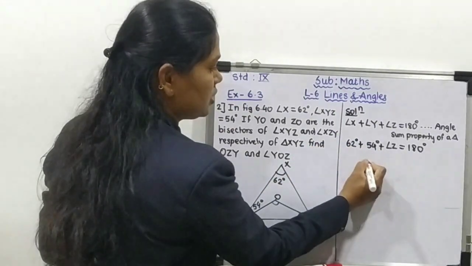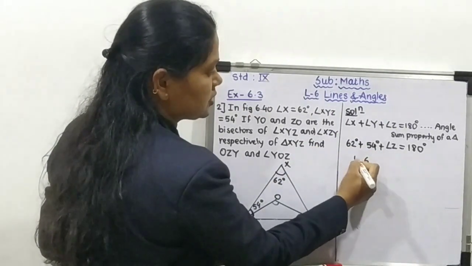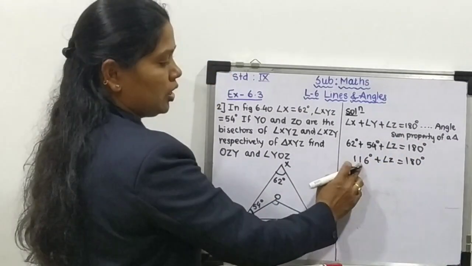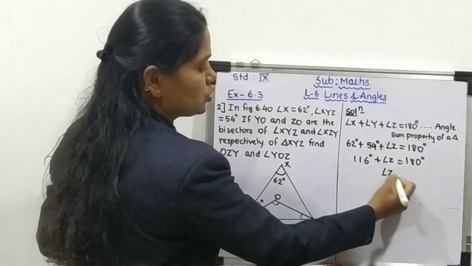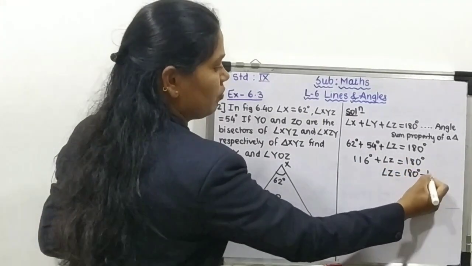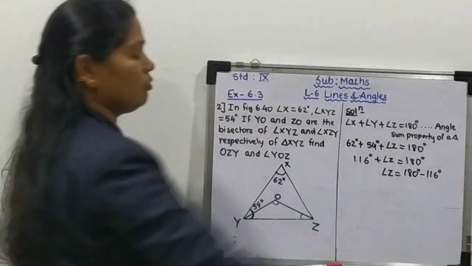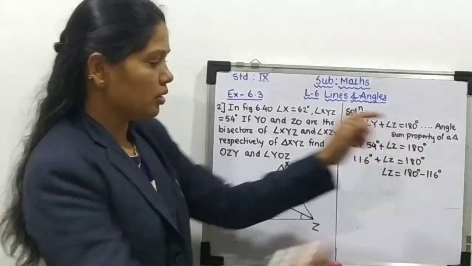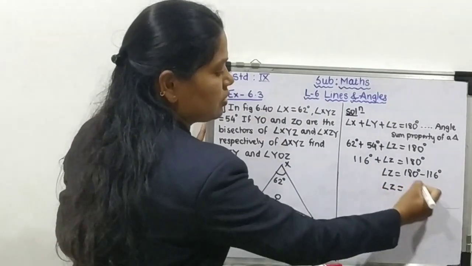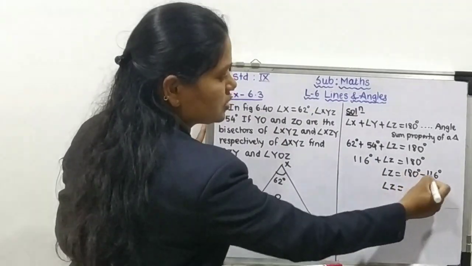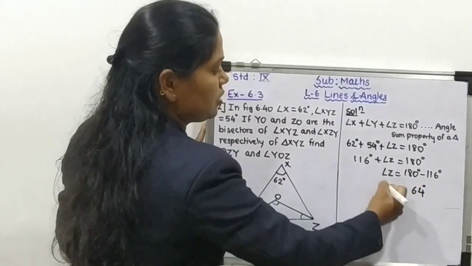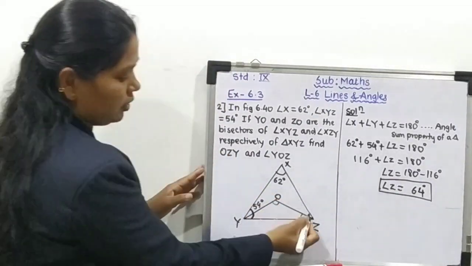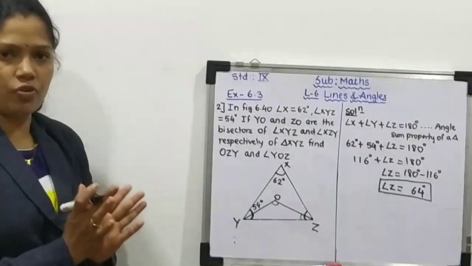Now let us add this. So 6 and this is 6 plus 5 is 11. Angle Z is equals to 180 minus 116, just transpose it. So we will subtract it from 116. Right? See, while subtracting what I do, 180 I am writing first and then the transposed number. So we will get angle Z is equals to 10 minus 6 is 4, 7 minus 1 is 6. So 64 degree is the angle Z. Got it? The whole angle. This we got now, 64 degree.